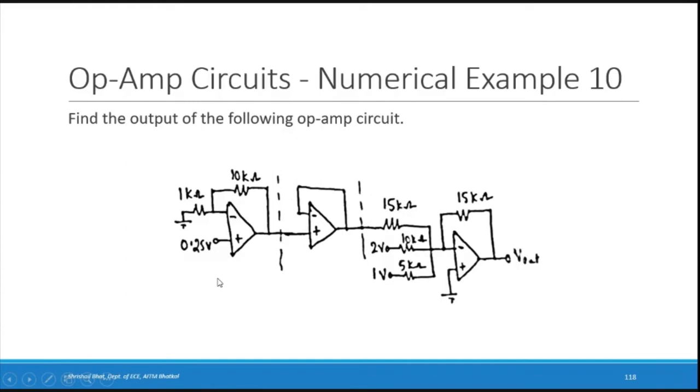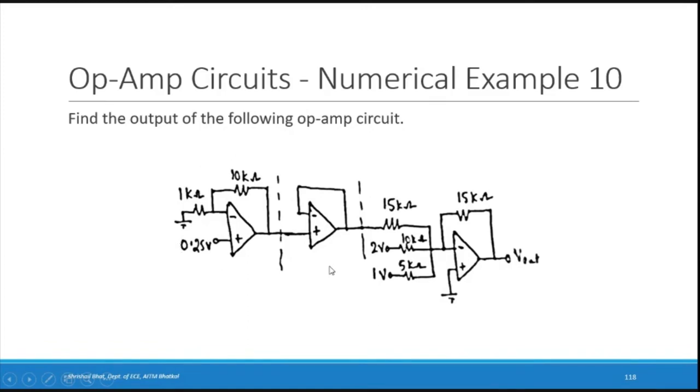Now you have to tell me what the first op-amp is. What is its function? I want an answer from you guys. Is the first stage an inverting amplifier, a non-inverting amplifier, a voltage follower, an adding circuit, or what? Non-inverting amplifier. Yes, good. Because here the input is connected to the non-inverting input terminal, and the inverting input terminal is grounded through a resistance, and feedback is to the inverting input terminal. Input is given to the non-inverting input terminal. That's why the first stage is a non-inverting amplifier.